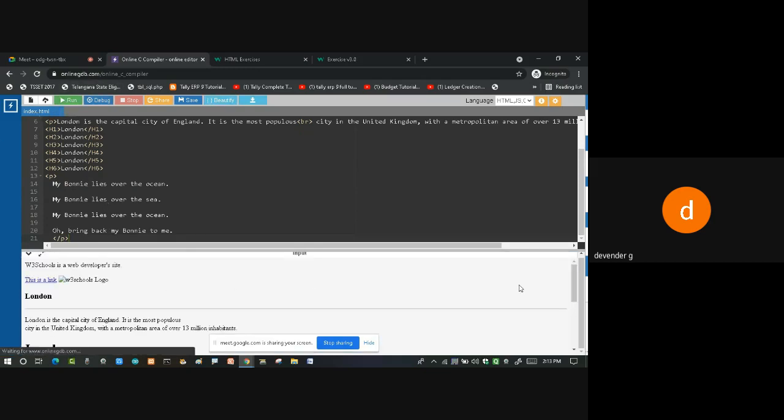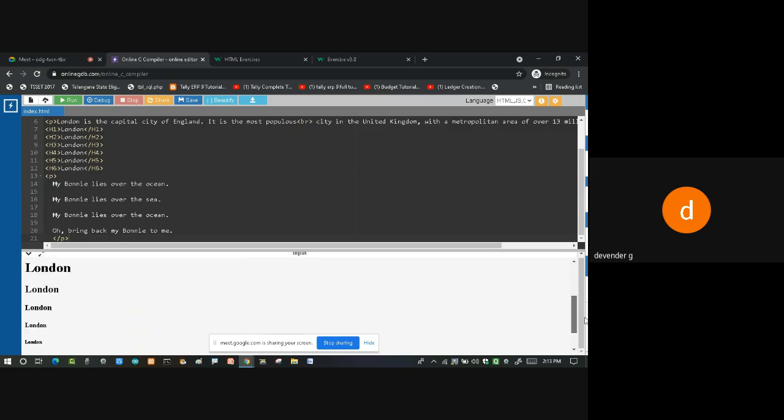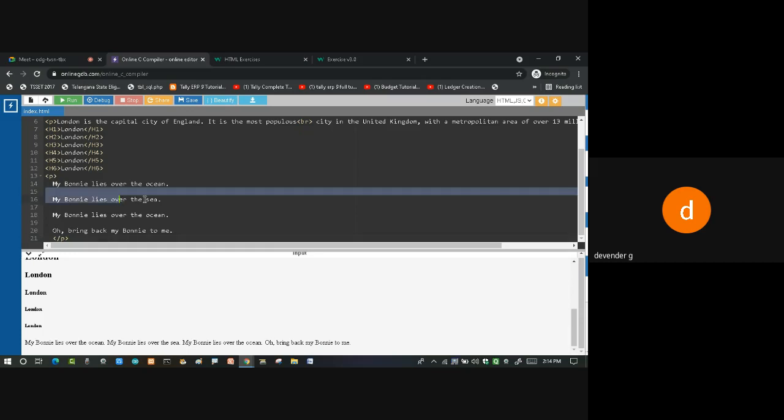It will put everything in a single line. But it's not a paragraph. It's a poem, which the poet has written wanting it like this only. He wants everything to be broken. So if you want a break, you can write BR, you can write BR.